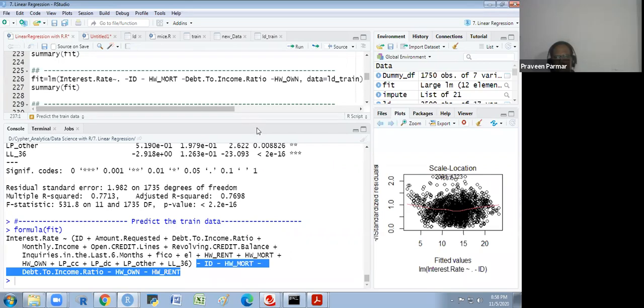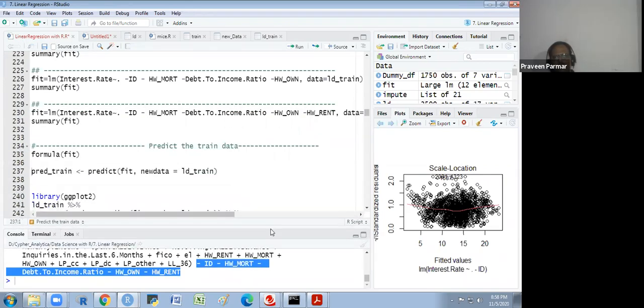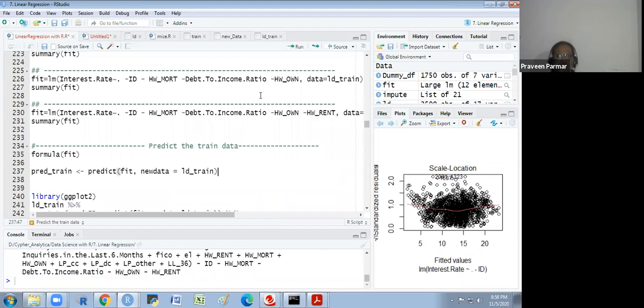And tomorrow we will see some more things. This we have trained the model, but we have not tuned the model. We will tune the model tomorrow. Clear? Tuning remains.